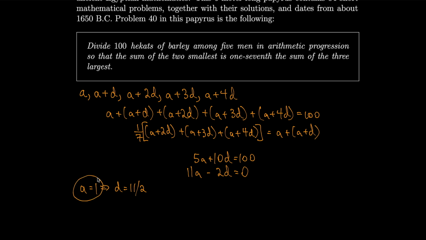We're just choosing to plug in an a value because back in 1650 BC, a common method of solving these types of equations was guessing some value for one of your variables, plugging that value in, seeing what value you get out, and then refining your guess based on how well these numbers fit your constraints. So if we started with a equals 1, then plug it into this equation over here, we'd get 5 times 1 plus 10 times 11/2 equals 60. So obviously it doesn't equal 100, so a equals 1 is not the correct answer,